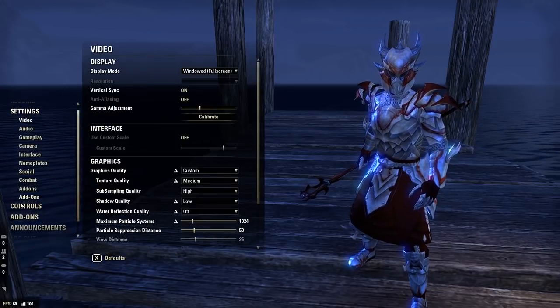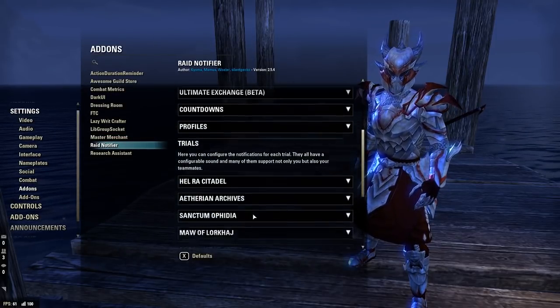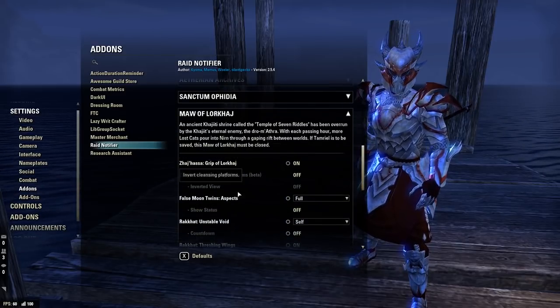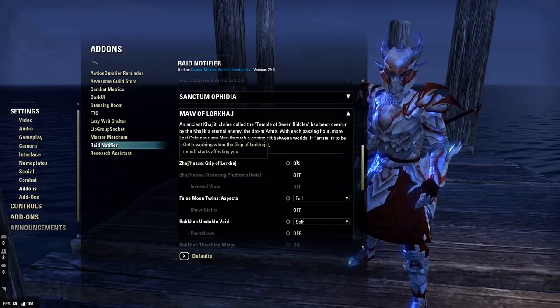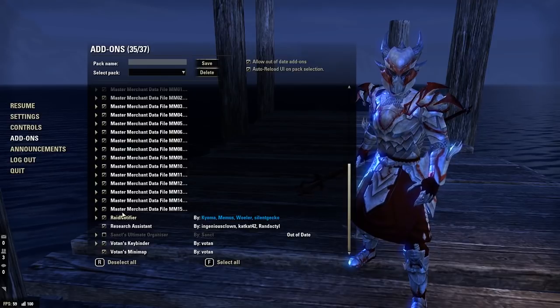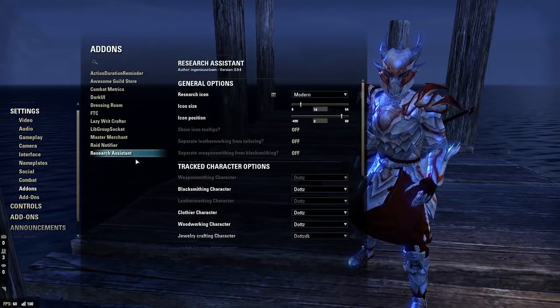I do change things depending on the group I'm in and depending on the raid. And normally when you do that, you're going to be turning things on and saying full to make sure that it shows you everything. But your raid leader will generally tell you what you need to turn on and worry about and what you don't need to. Research Assistant, I didn't really make many changes except for...